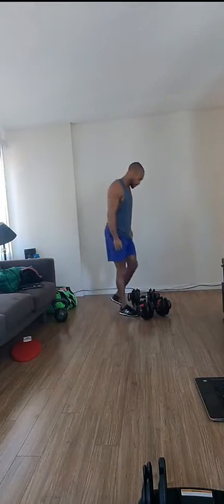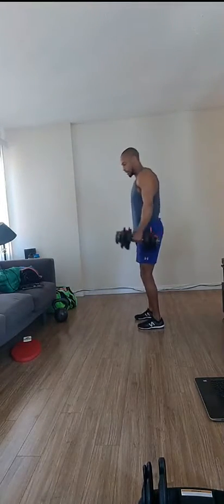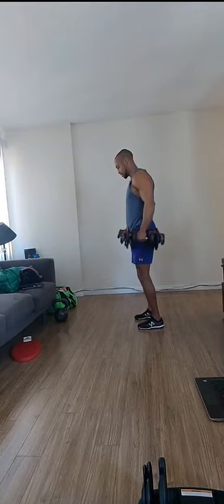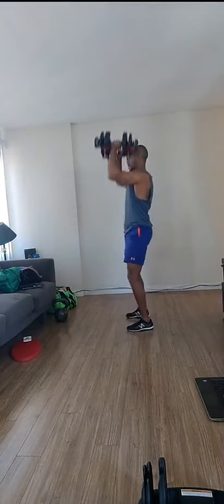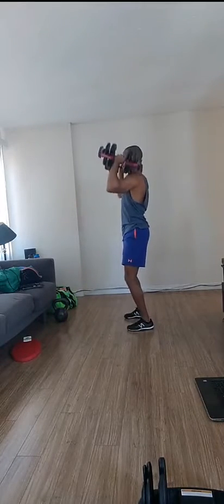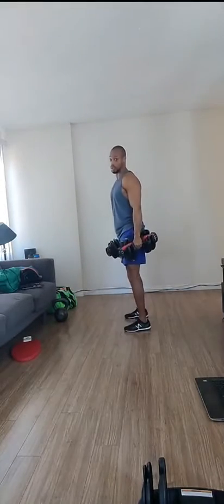So again, with the complex, create that initial swing momentum. We're almost going to get into our clean, but we're going to turn it over right away into a press. So I want to swing, catch, press. Swing, catch, press. I don't need to press it outward. In fact, I want it to stay rather close. It's too much work to turn it out here. Plus, that momentum could really throw off my shoulder and literally...